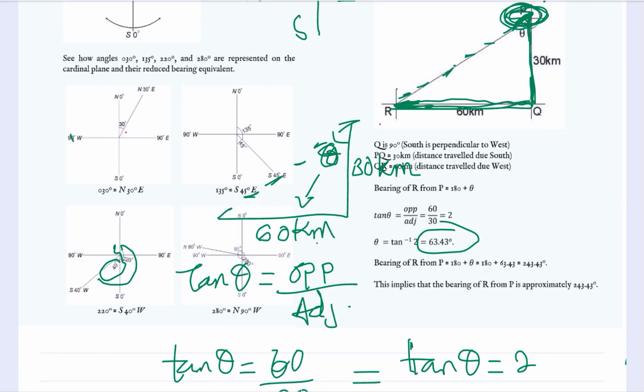So this means that the bearing of R from, because it is starting from this particular point here. I get what I'm saying? It is starting from this point. So if you look at it here, do you understand what we are trying to say now? From P is like this. This is your P. You can see that we are correct now, because this is 90. Are you seeing that this is 90? This is 180. And to this place now, you can see where we have 243 now. We cannot say it is 60, but this place now is